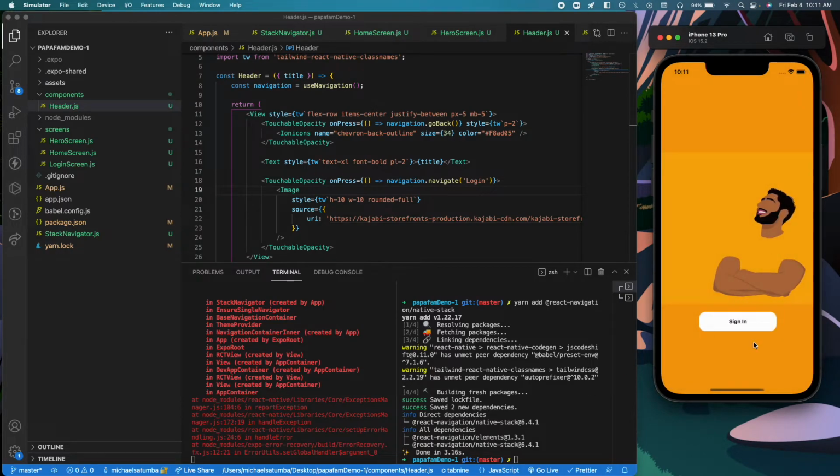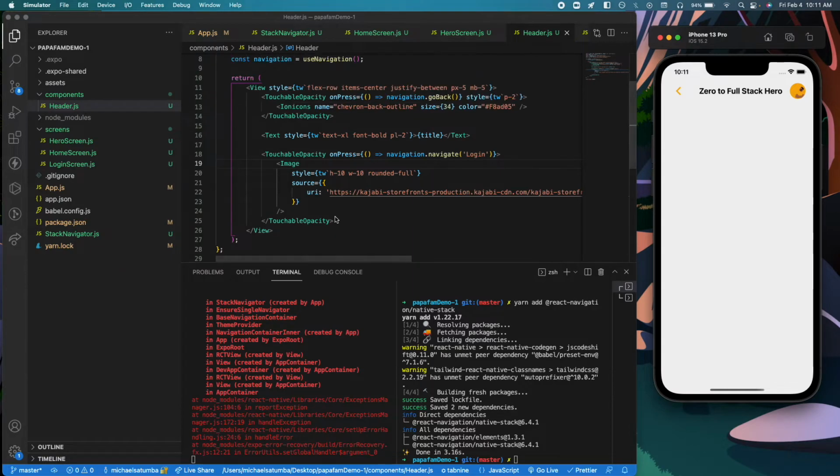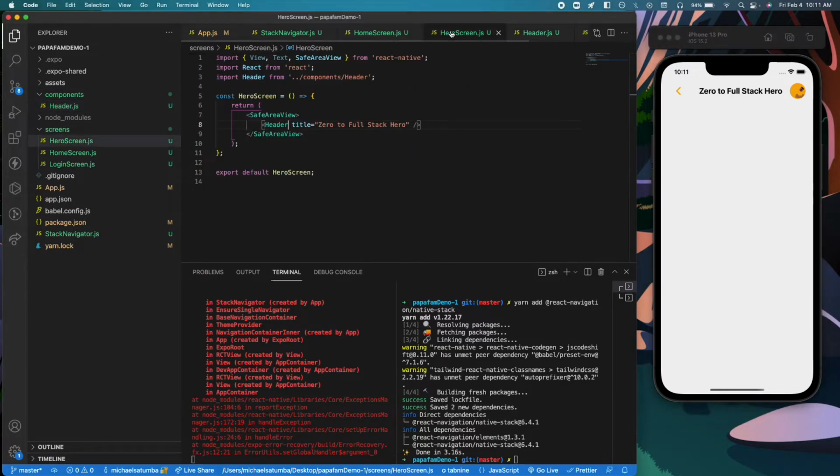So here brings it back to the login page, right? So basically we built a header component and we're just passing it through in our hero screen. And next thing we're gonna do, we need the course list, right? So actually for this one, we could just build it out here, but I'm just gonna build another component,